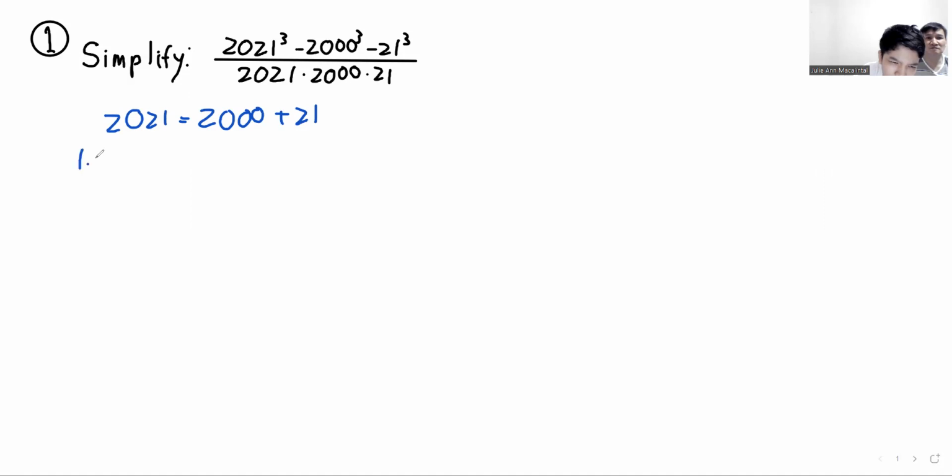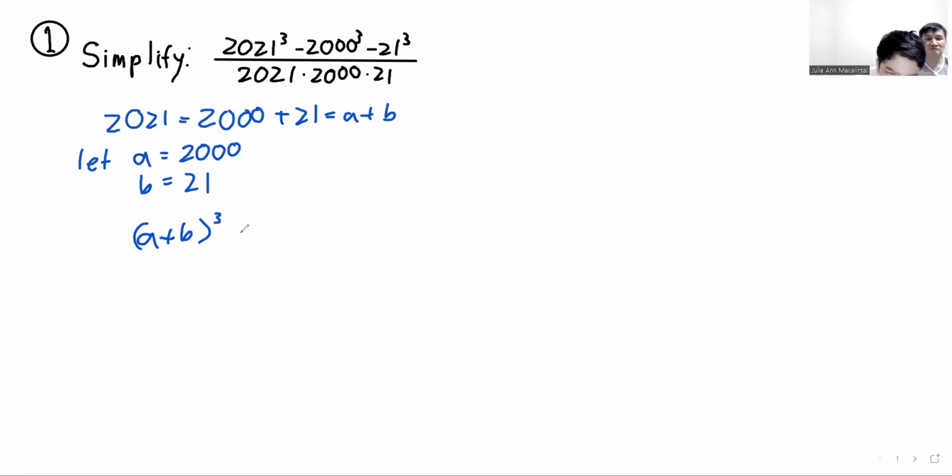If we let A equal 2000 and B equal 21, then since 2021 is 2000 plus 21, this is also A plus B. So we can now express this big expression as A plus B, minus A cubed minus